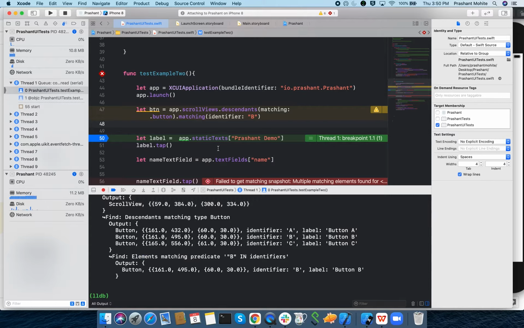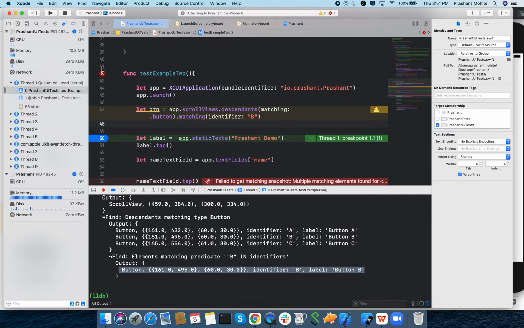It's button B, because we have mentioned that I need a matching identifier B. Because I mentioned that in the scroll view I need descendants which are of the type button, and inside that I need a matching identifier B, that's why it is printed that you have 3 buttons for this query, and from that you have only one button which has B as an identifier.